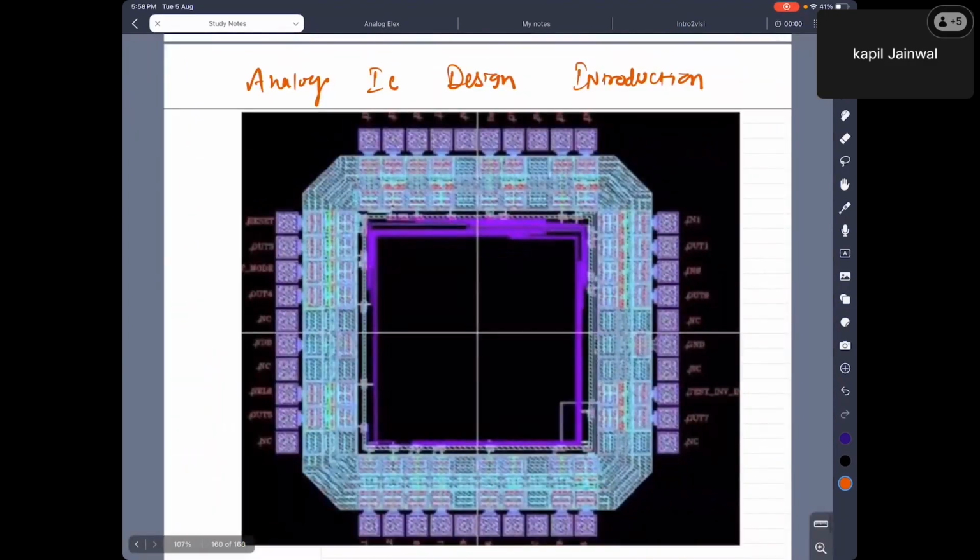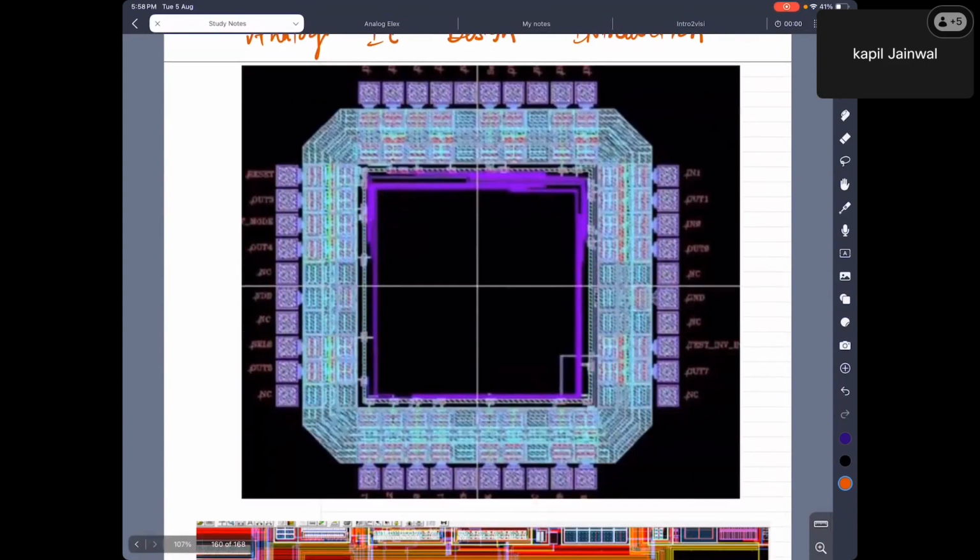The way I am speaking looks very simple, but the way we design it is very, very complex. So many rules we need to follow, so many analyses, and the circuit design concepts have to be kept in mind when we are designing it. Once the layout is done, which has to be exactly similar to your schematic, then we send this blueprint